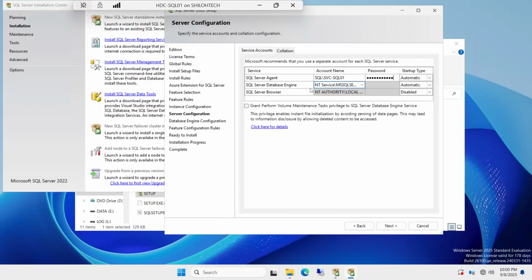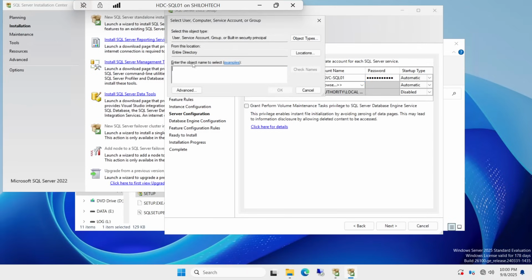Then you come back here where it says we have done it for the agent, and now we are going to do it for the database engine. We're going to do the same. Go to the drop down, browse, then we can put the